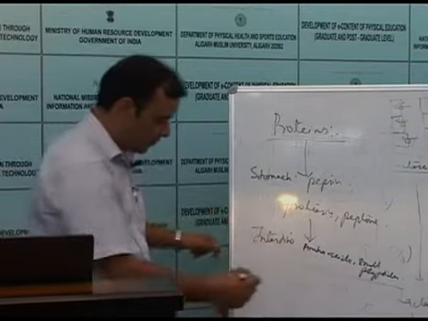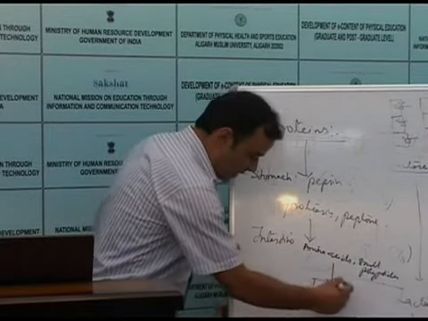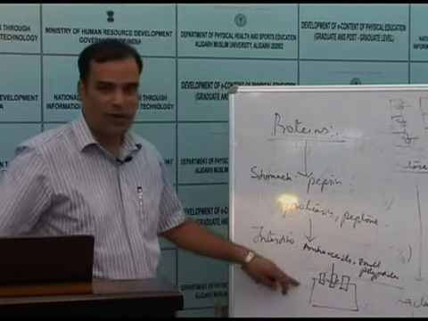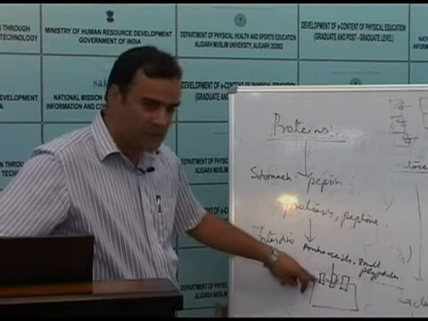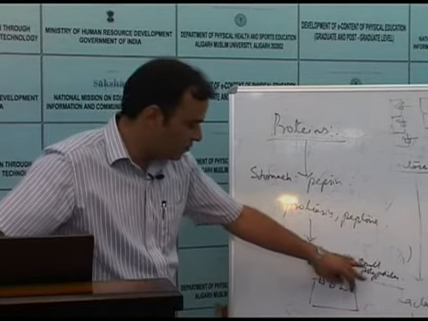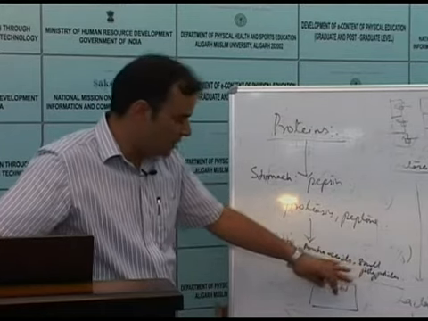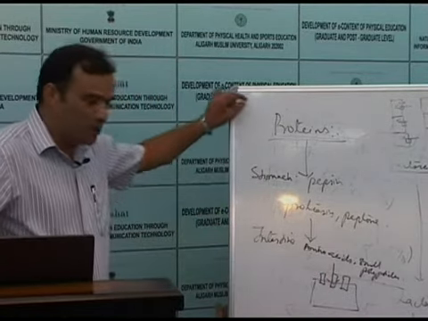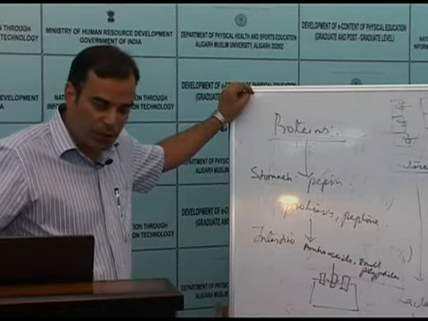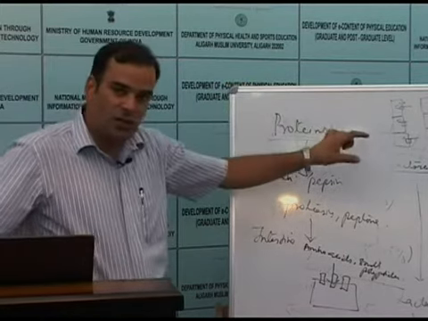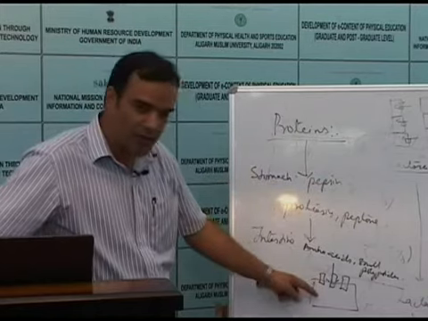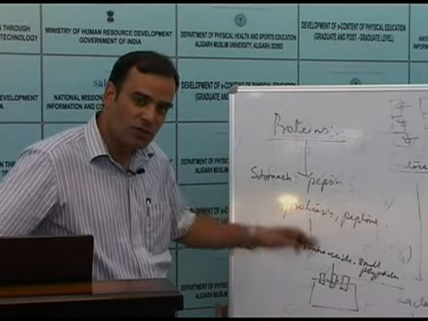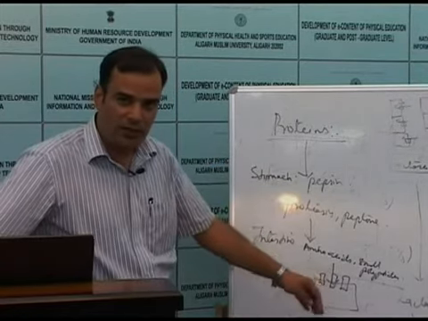After this step, when the amino acids and polypeptides are being absorbed into the enterocytes, on the apical border of the enterocytes are present many peptidases that act upon these small polypeptides or dipeptides and finally convert the whole of the proteins into amino acids. So the end product of protein digestion is the amino acids. Proteins are large chains of amino acids, and here we get very small amino acids. In this way, proteins are broken down into smaller molecules, and this smaller molecule, that is amino acid, can be utilized by our cells.